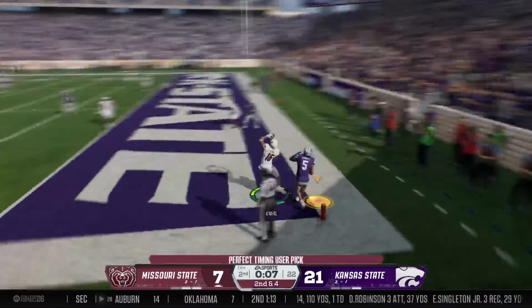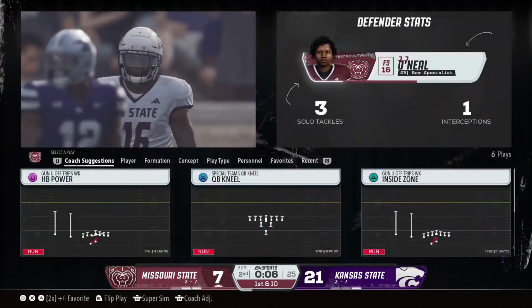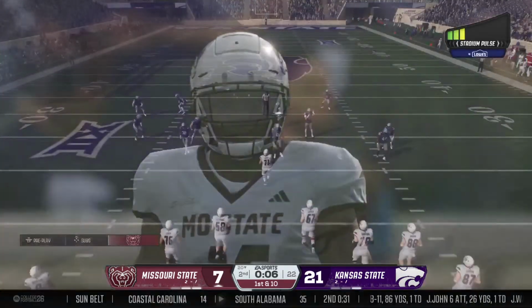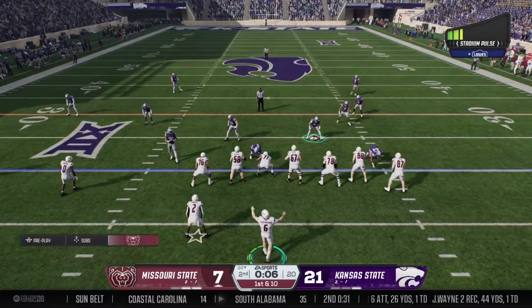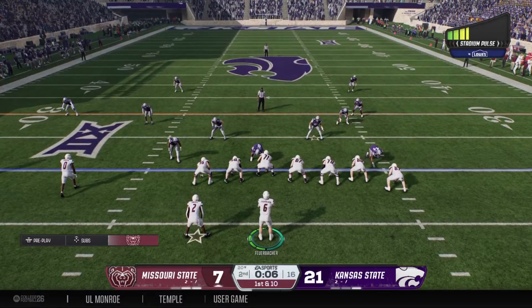Going for it all. Throw to the end zone. It's picked off. Never a good time for a turnover, but it always seems a little worse when you're about to knock on the door of the end zone. No doubt about it. And it's this area of the field, Reese, where your execution really has to be great.